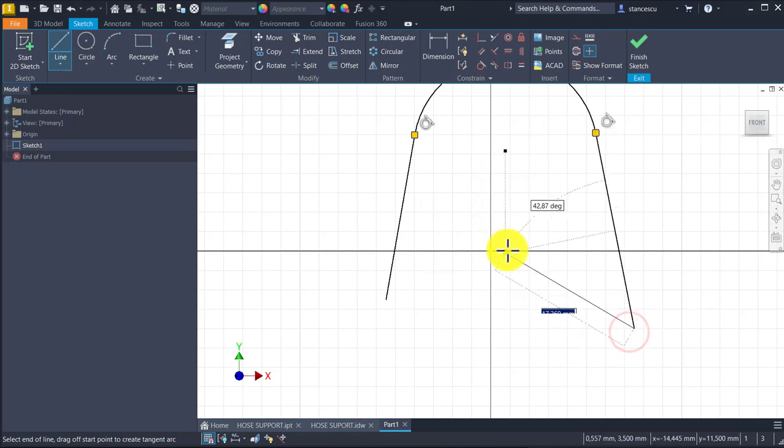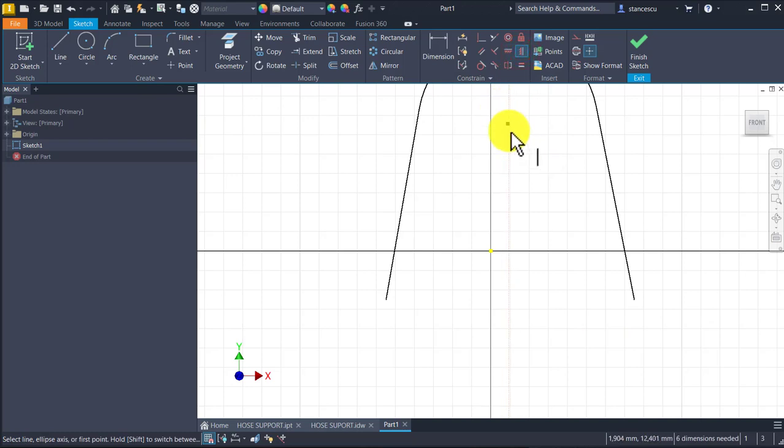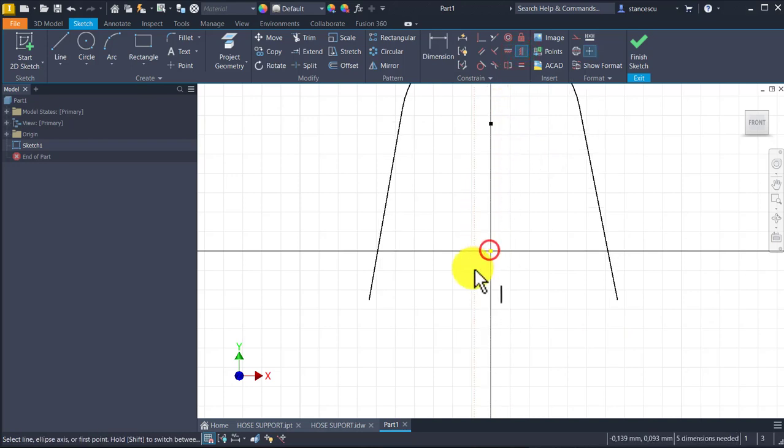As you can see, we place at the same level these 2 points. Then we place this center on the center point. We make equal the 2 sides